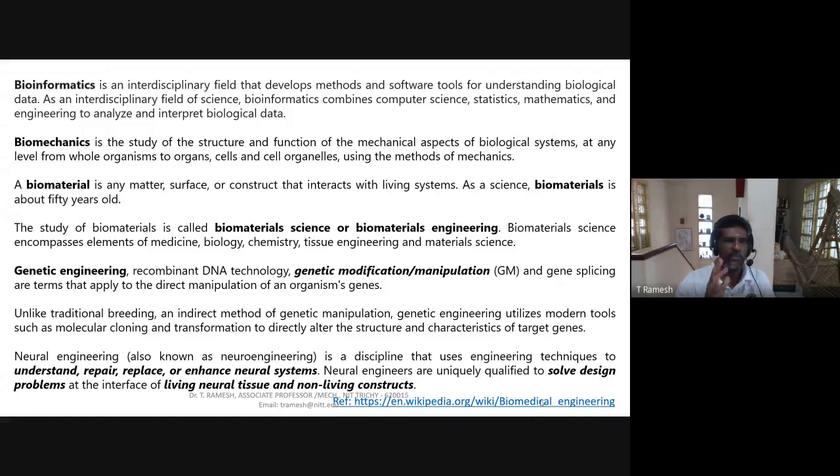So you should understand that it is not only the responsibility of the doctors or the people who have knowledge in the biological area, but also various people, starting from computer science people, statistics, even mathematics people, who are really involved in formulating the mathematical equations